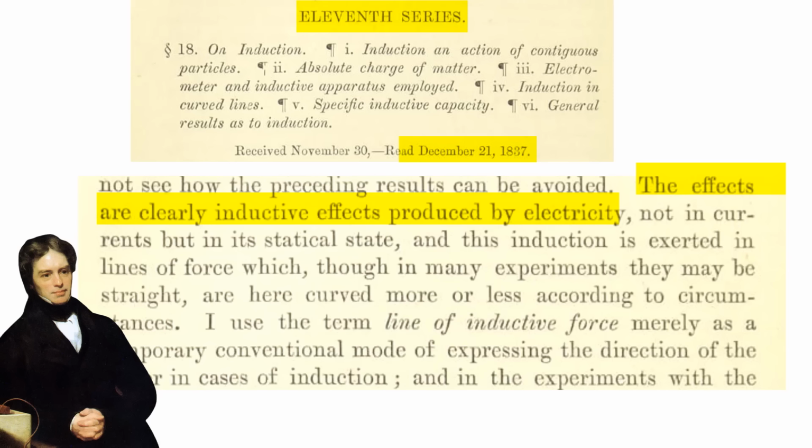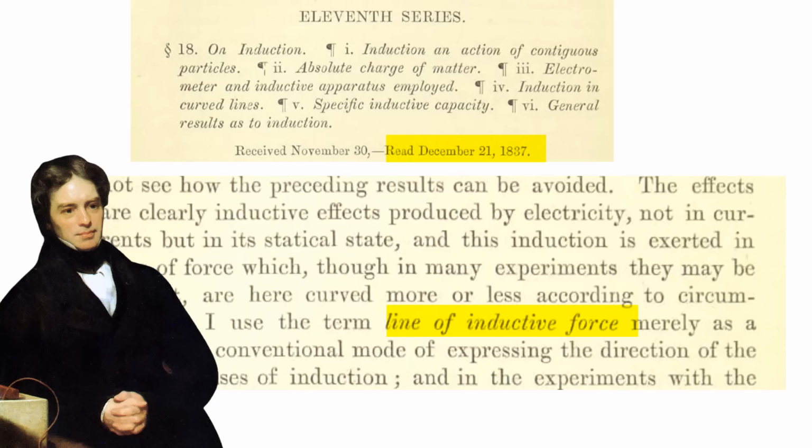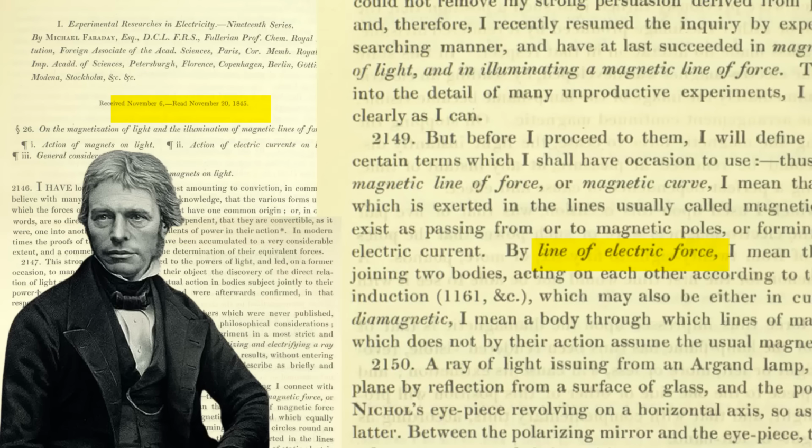Faraday immediately realized that what was going on was due to static electric induction, or charged objects moving other charges without touching. Because of this experiment, Faraday imagined that all charged objects emanated what he called lines of inductive force, or as he later called it, lines of electric force, similar to how he felt that magnets emanate lines of magnetic force. That is why in late 1855 and early 1856, James Clerk Maxwell decided to mathematically model Faraday's idea by using an analogy to water flow.